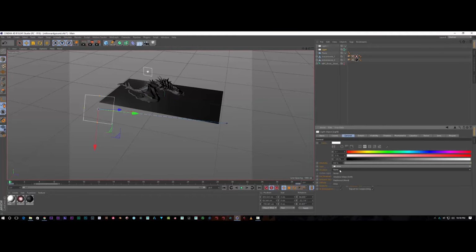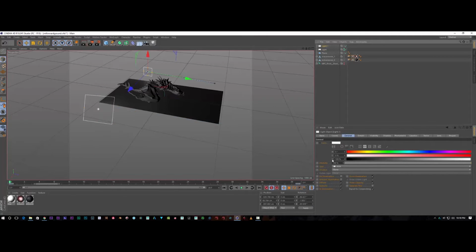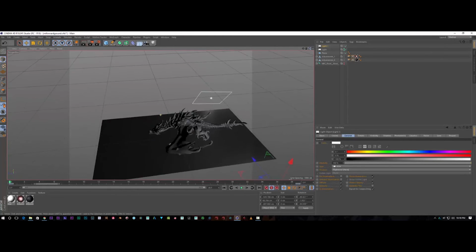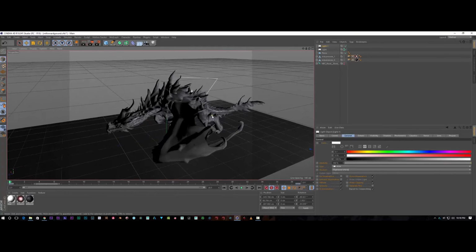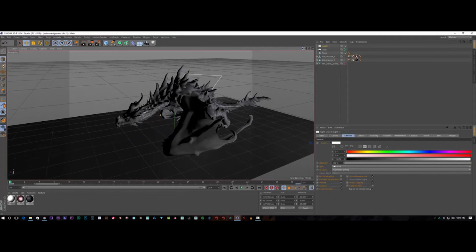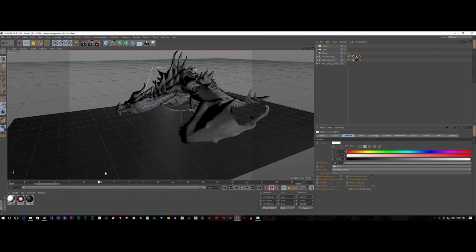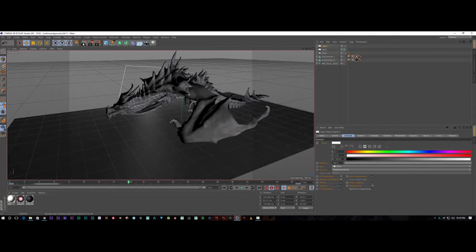So we're going to come up to shadows and we're going to go shadow map for the first. We're going to do the same ray trace hard for the second. So we're going to get some nice results hopefully when we render out. So let's just go forward so we get a shadow. Let's just render that